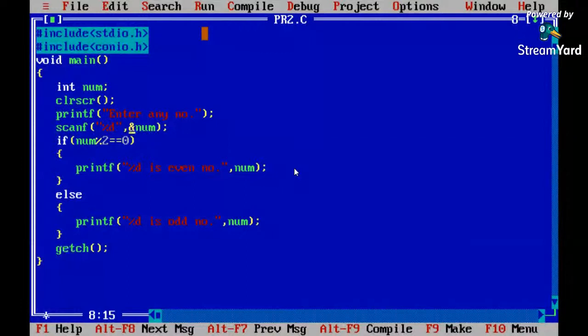Now it is compared with the double equal sign. That means the remainder is 0. But if it is not, if it is not